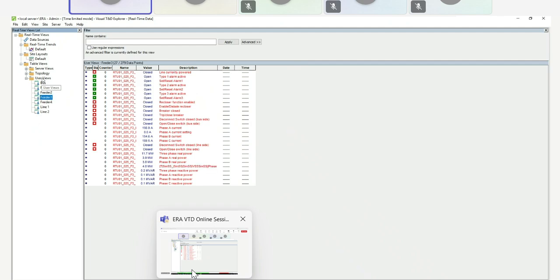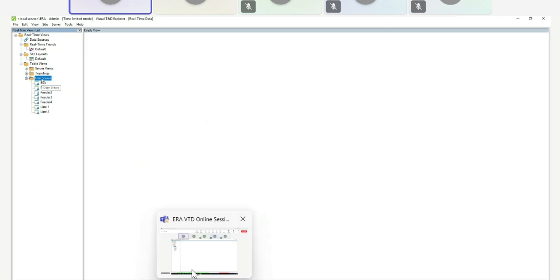They were only accessing the user views. But if they have, on the upper level of managing those data points, they may use the server views or the topology. But each client user can create their own from here, from this user views folder.